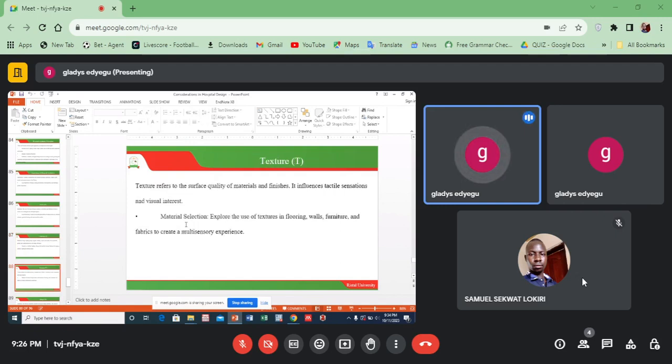And we mentioned texture, and texture is one of the elements of our design and the aesthetics, and because of that we need to understand what texture is. So texture refers to the surface quality of materials and finishes. It also influences tactile sensation and visual interest. So what do you mean by this? I gave an example of